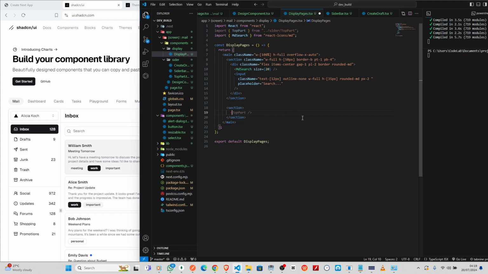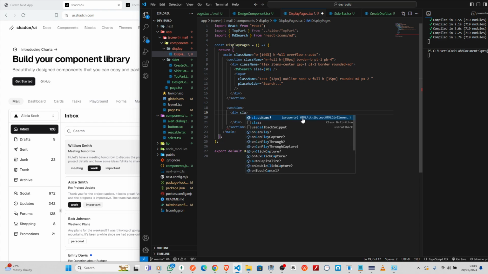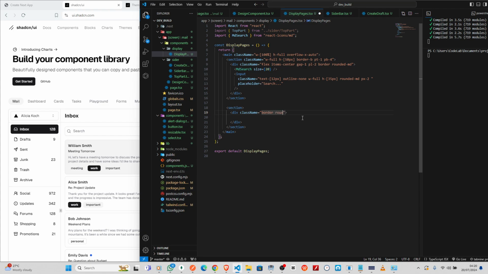So I will create a div to hold the card. So I'm going to say class name, must start with border, then rounded MD, right? And on hover let the background be, I feel maybe gray 50, then on hover